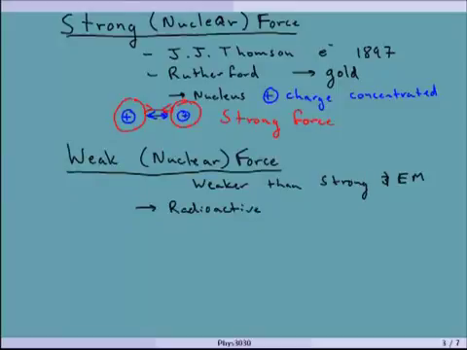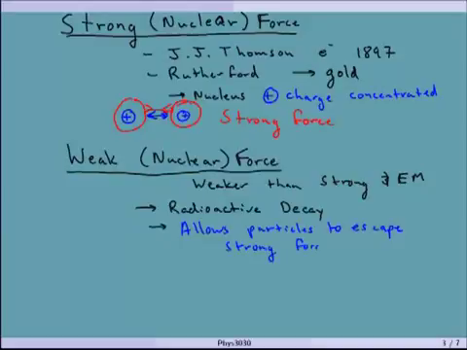We'll talk a little bit about this, but basically radioactive decay is you're in some bound state where you have the strong force holding everything together, and the weak force basically allows particles to escape the strong force. That sounds a little counterintuitive, but that's basically where the weak force comes in, and it has to do with the production of neutrons and how neutrons and positrons come together. We'll talk a little bit more about that.